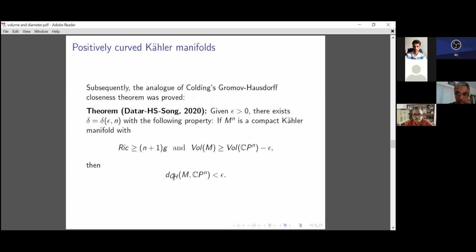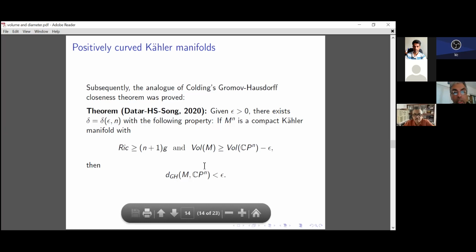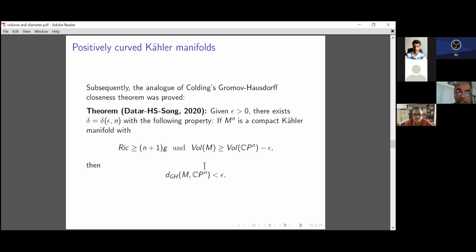Again, the proof, while quite short, involves a lot of heavy machinery, which uses quite a bit of stuff about the developments in Kähler-Einstein metrics. So I would say it's still not entirely satisfactory, but that's the way it is.